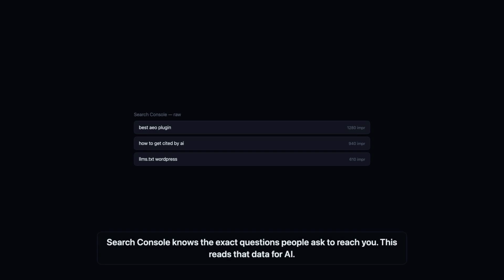Search Console knows the exact questions people ask to reach your pages, but it shows them to you as a flat list of strings and clicks. This connects your Search Console and reads that data for AI. Which queries you should own, which pages are closest, and the questions your pages get found for, but never actually